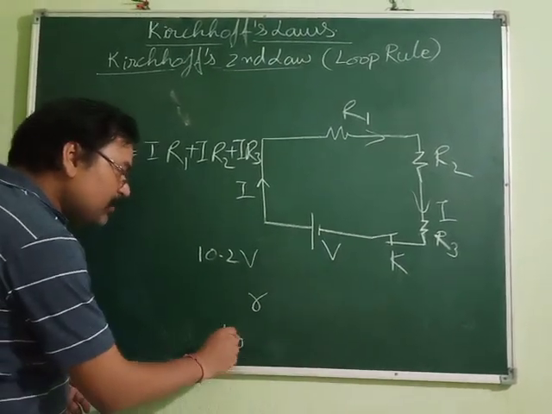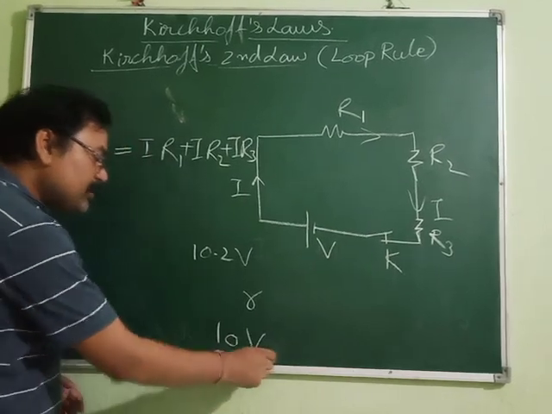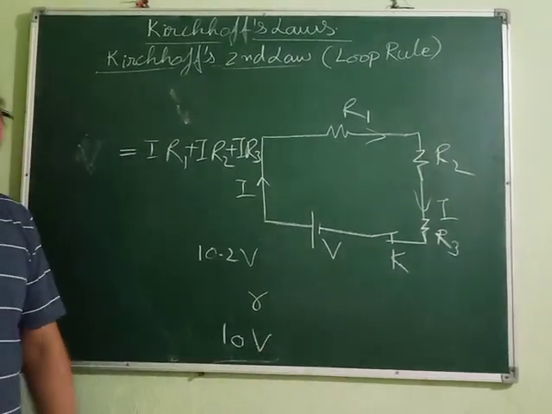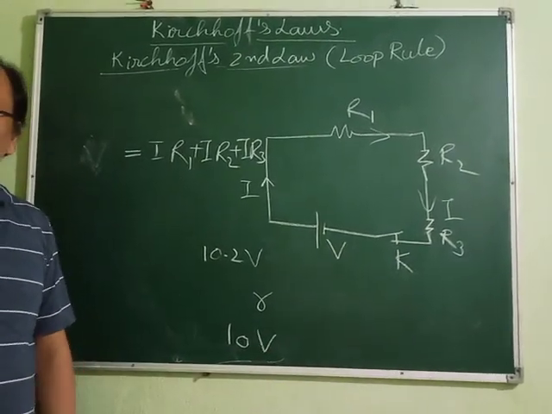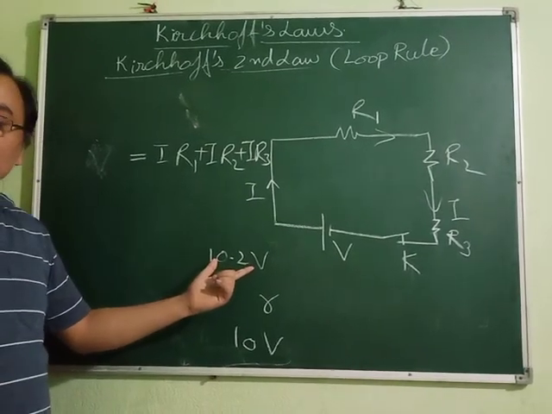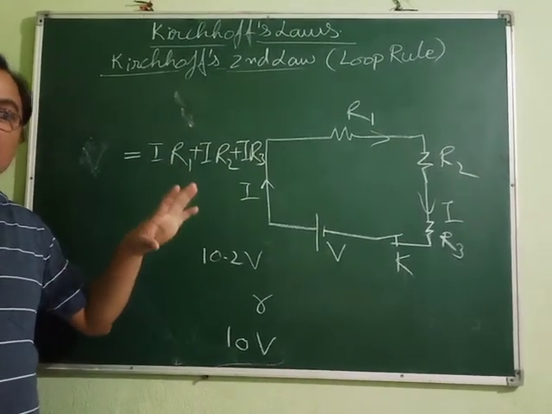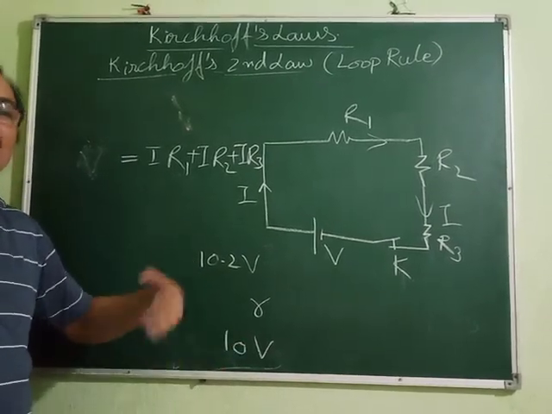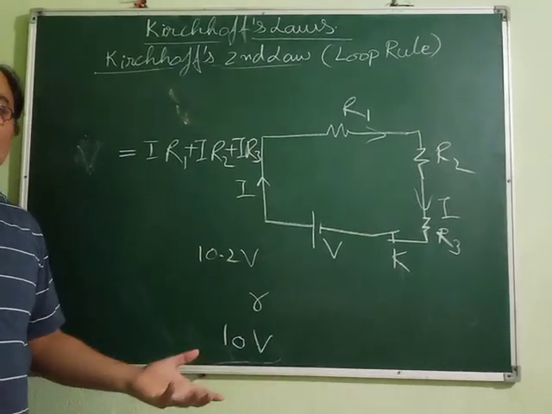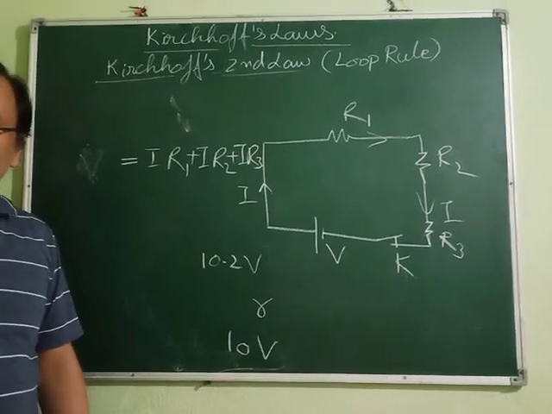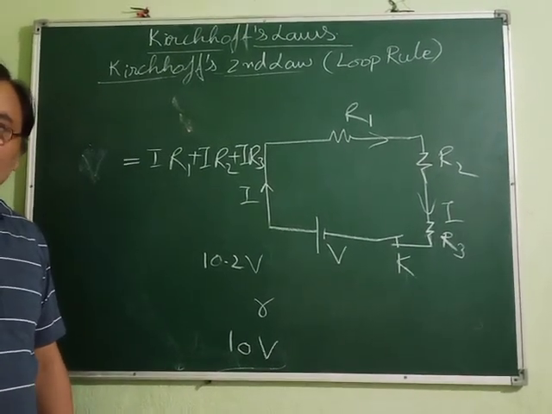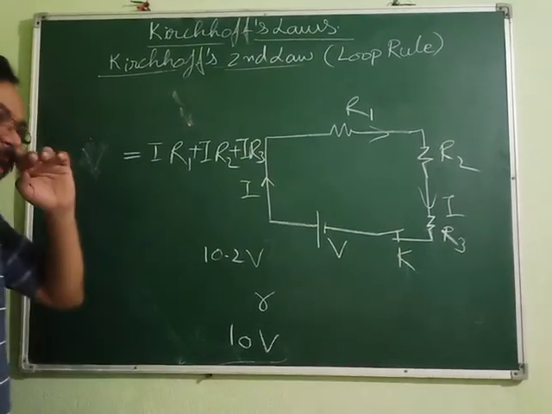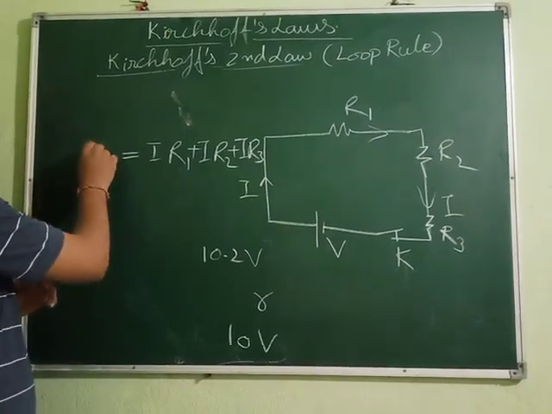That's why it may happen that when you are connecting it to an external circuit, its potential difference is how much? Not 10 volt, a little bit less than that. So the potential difference which it originally produces is called EMF, and the potential difference which it can supply to the external circuit is called potential difference. Okay, clear? So this is the EMF, understood? And EMF we write by E.